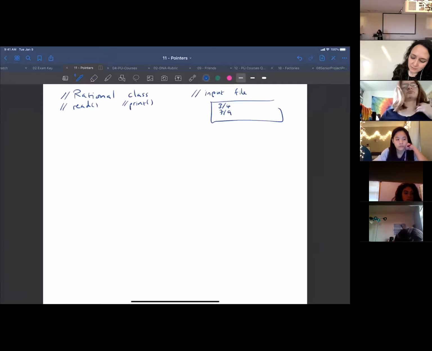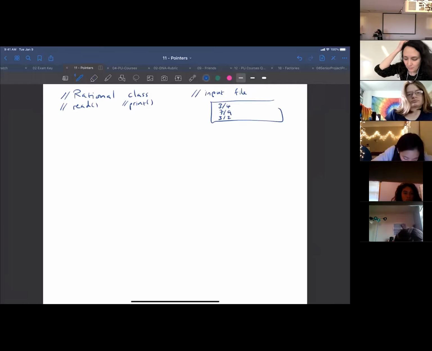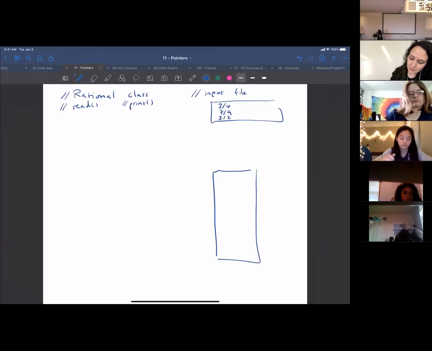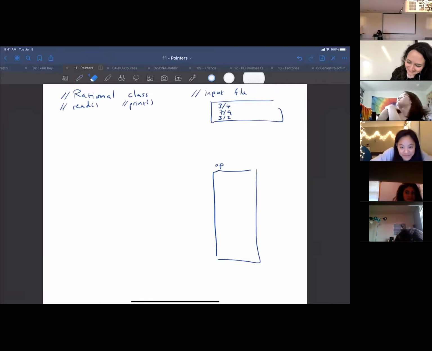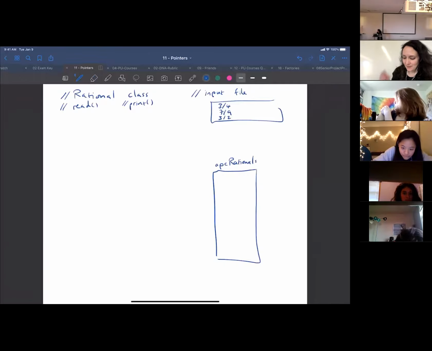I want to take whatever is stored inside of that input file and read it into my program, but store it in an array of pointers. Let's call it an array of point. What did we agree on? Did we see APC? I like looking. Ashley's smiling at me. Okay, there we go. So APC rationals, which is an array of pointers to rational,